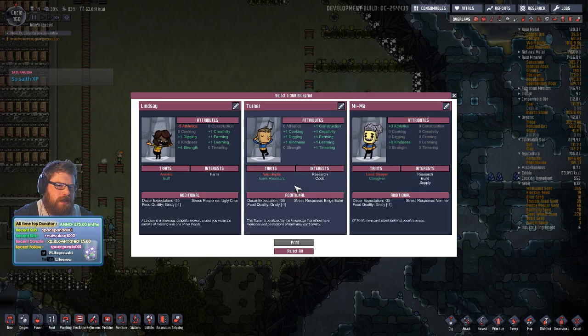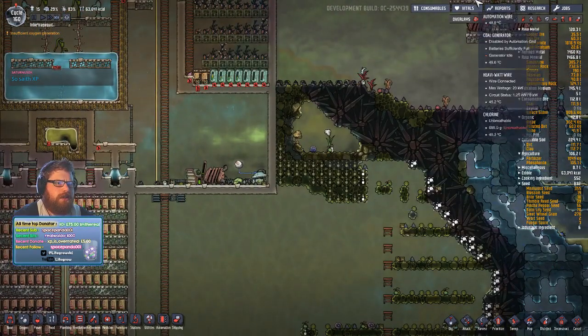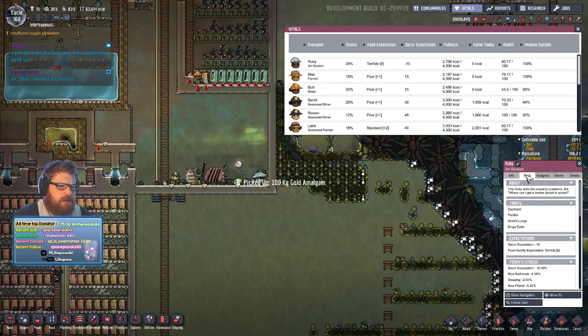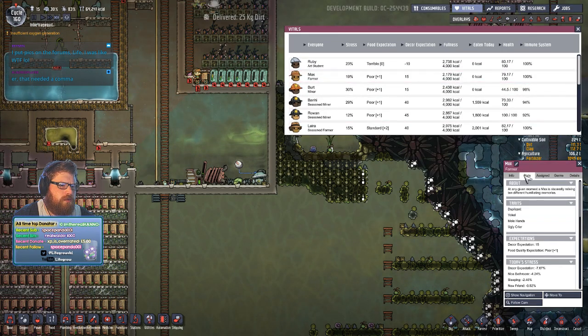None of them are very good, it has to be said, but we'll go with Turner. How many narcos do we actually have, and is there a way of seeing easily? Or do I have to keep going onto here? Let's go to the top, so...